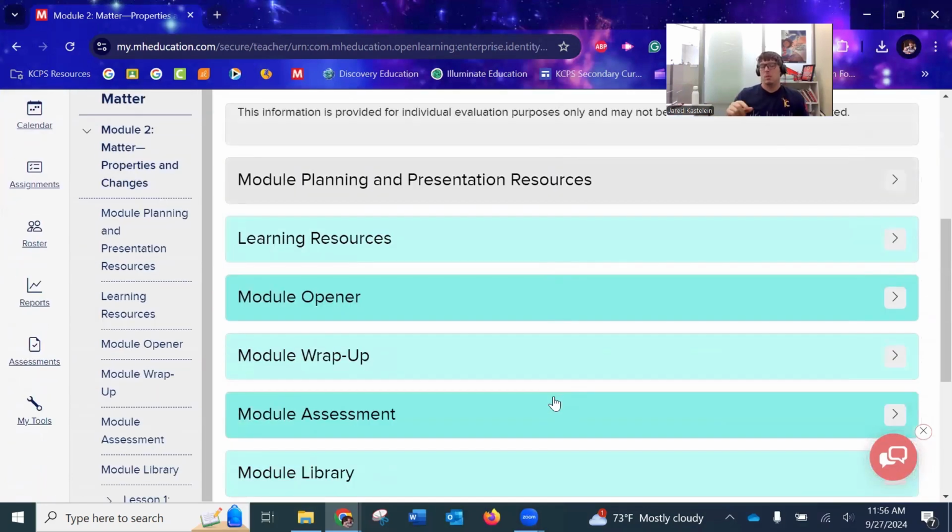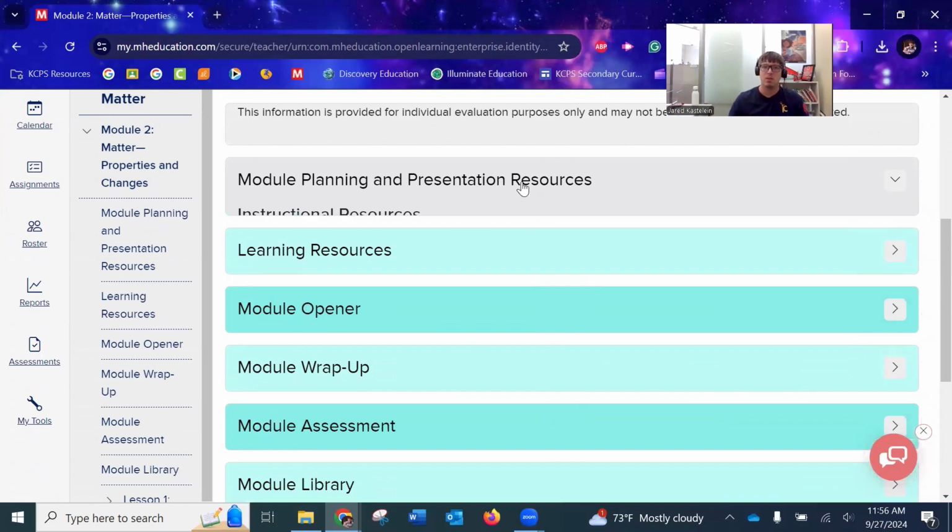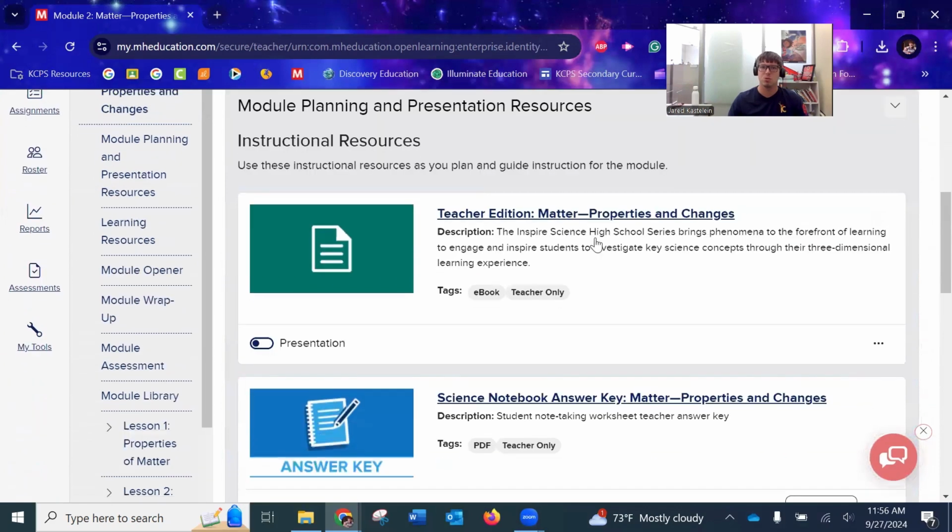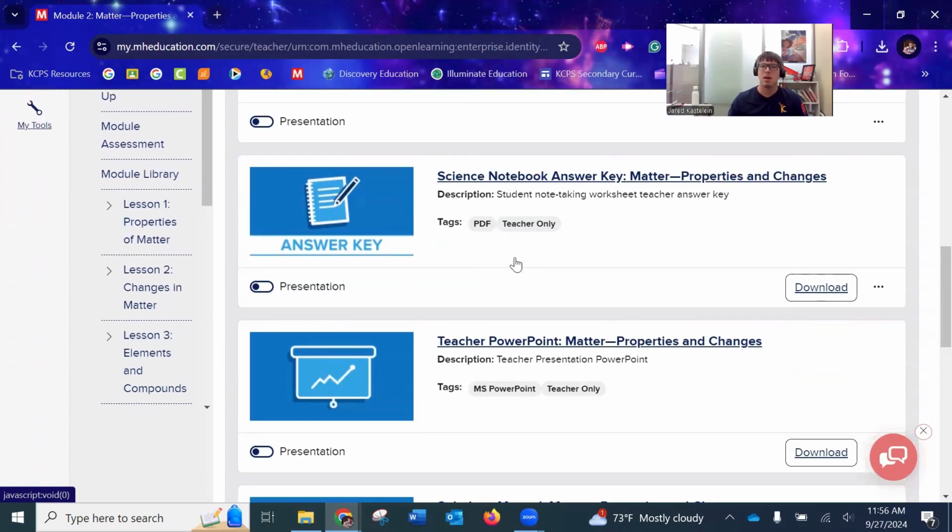So again, you'll find more resources here, but these still aren't like your daily lessons. You do have the module planning and presentation resources. You have a link to the teacher book for that module if you need to go view that. You do have the science notebook answer key that is on your curriculum suggested pacing right up at the top. You have access to that and the student version, what they'd be filling in